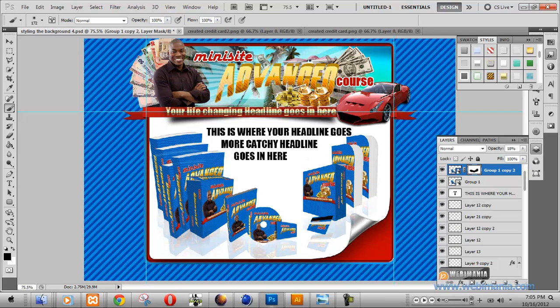e-cover. Okay. Notice it's already looking like a reflection, but it's not really perfect yet. So we're going to reduce the flow of our brush down. We're going to paint along the edge of this to draw it down a little bit. Now, there we have it. We've successfully created a reflection on our